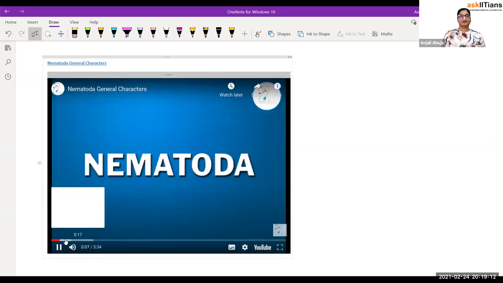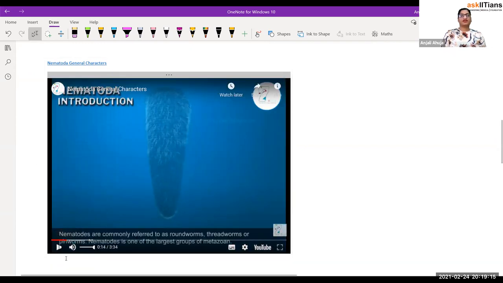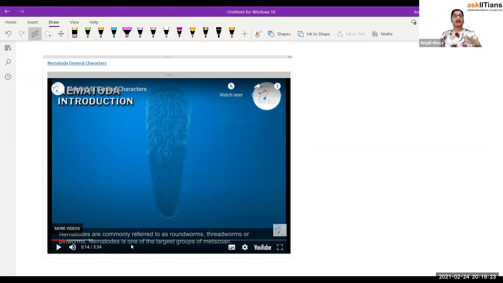Okay, so nematodes. They are commonly referred to as the roundworm, threadworm, and nematode. They are the largest group of metazoan. Like when we do classification of animals, metazoan is one of the categories, which is the body design according to the nematode body design that they have. So anyways,